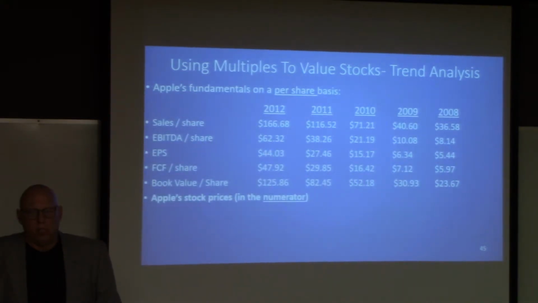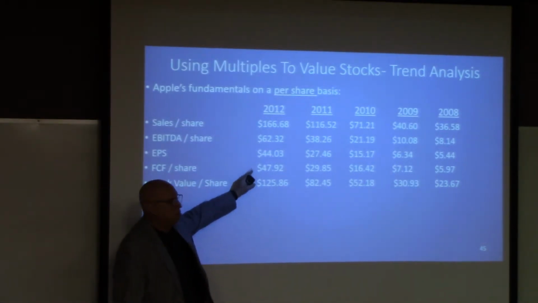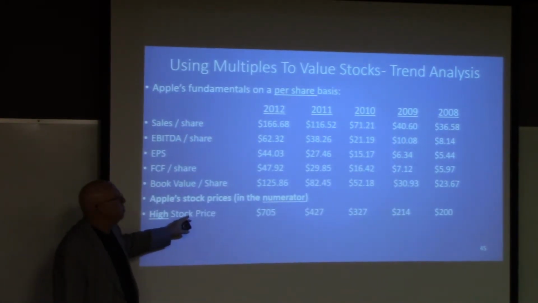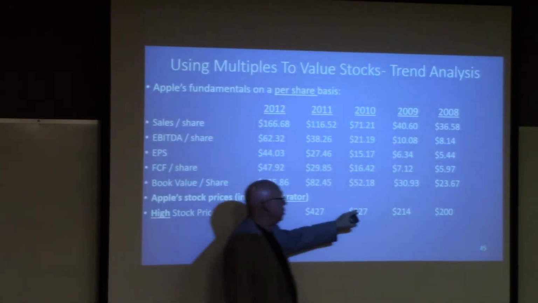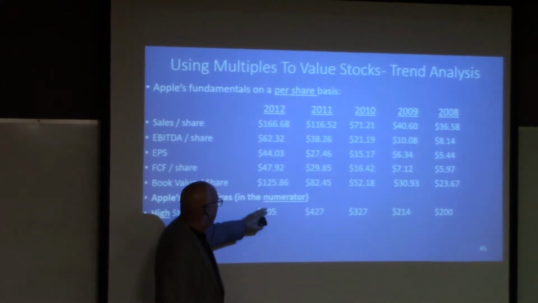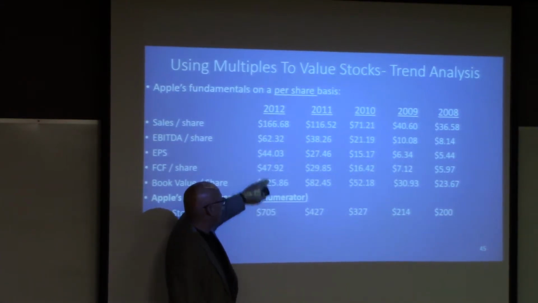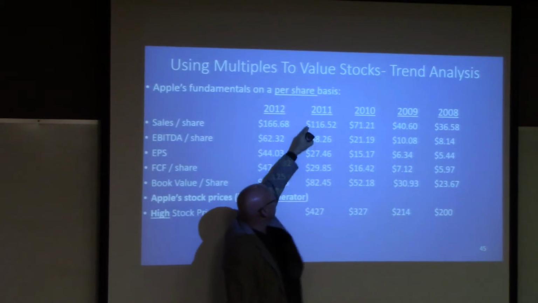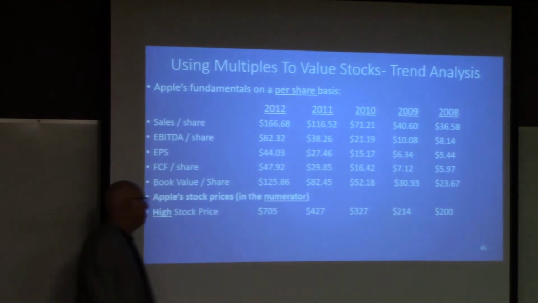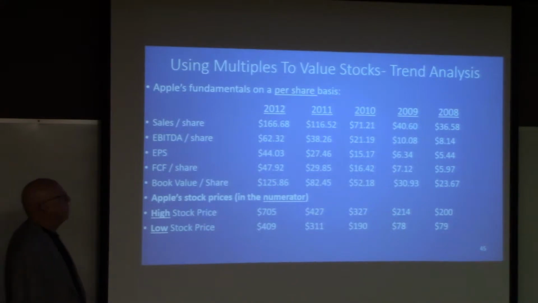So these numbers go in the denominator. And what numbers go in the numerator? Well, we'll put the high stock price. So we're going to divide the high stock price for each year. This is the peak that the stock reached in each year. And we'll divide this number by this, by this, by this, and by this. And we'll divide this number by this, and this number by this. You see what I'm doing here? You catch my drift? And then we will also use the low stock price for the year,